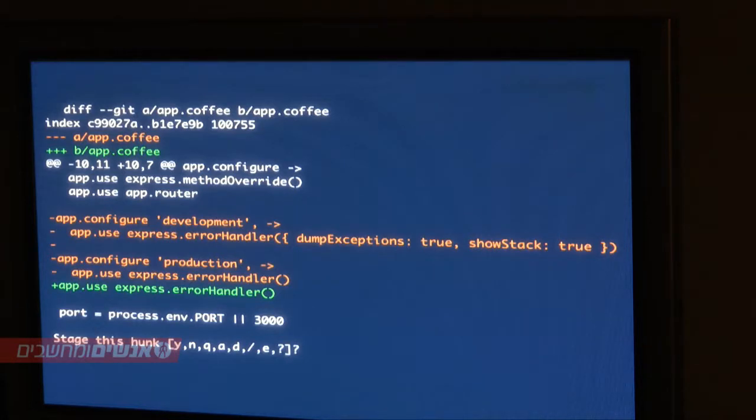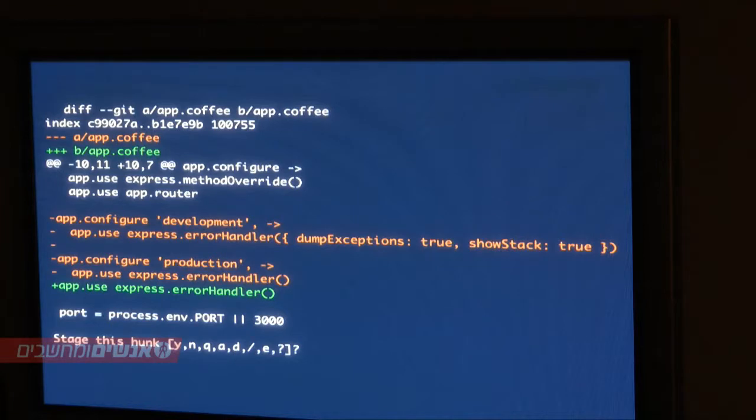But yeah, what happens when you do all but one? So what happens with one last? That'll stay in your working directory. It'll pretend like you've just made that change. So it will create another commit with just this change? If you say so. At that point, it's back up to you. It'll stage the things you've said. So if I were to say yes for this, that would be part of the staging. It'd be like I added that section, and then in my working directory the rest of the changed file would still be there, but it wouldn't be committed.